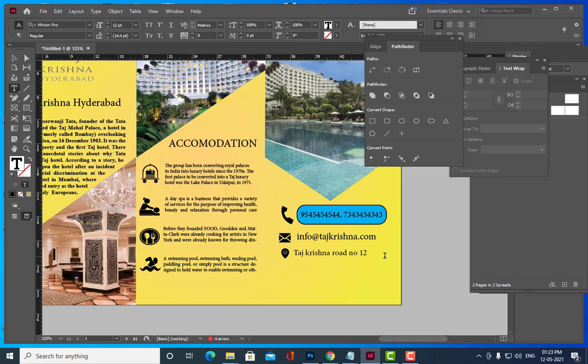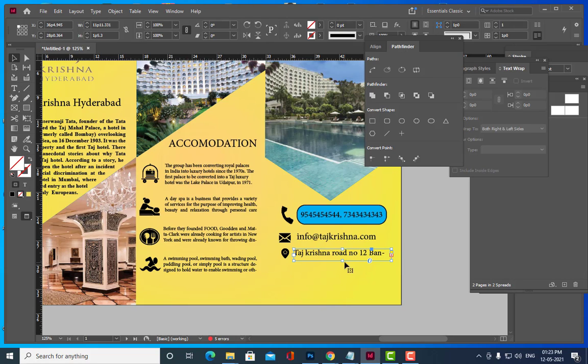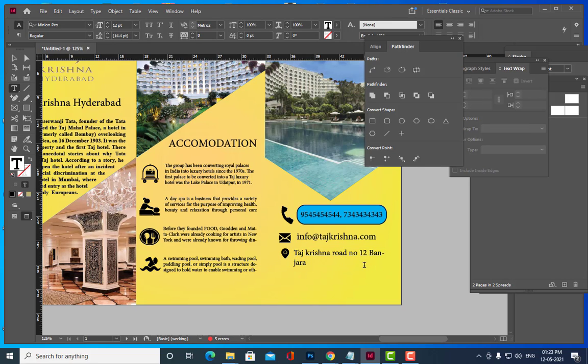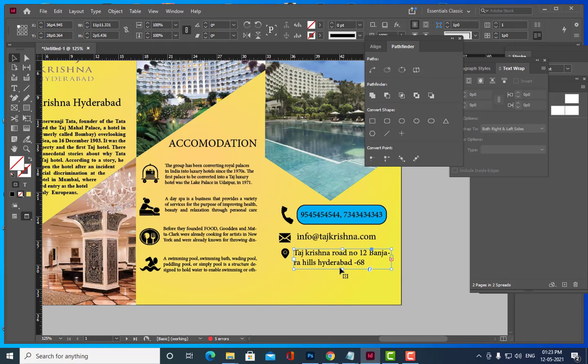So road number 12, Banjaras, Hyderabad. Okay, 68. Okay, so something like this.